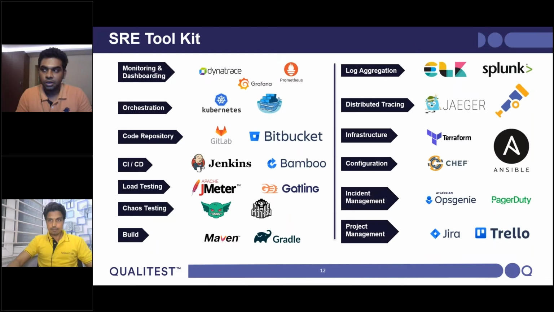When you look at DevOps kinds of implementations, SRE is more towards implementing a DevOps kind of strategy from a software engineering side of things. You are building a stable system more than having it just be agile. So it is in line with what we have as a DevOps toolkit as well. There are additional tools, definitely. If you look at the load testing tools, DevOps has the same. Load testing will have JMeter, and for chaos engineering you will have Gremlin, Chaos Monkey, Litmus Chaos, and a lot of other tools.